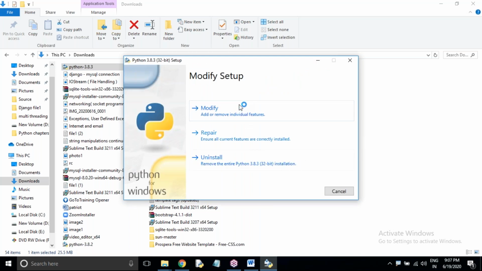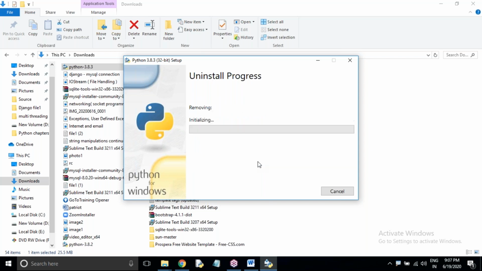Here you can see modify, repair, and uninstall. In my system, it is already installed, so I'll do uninstall.